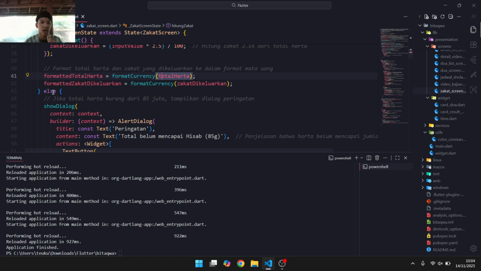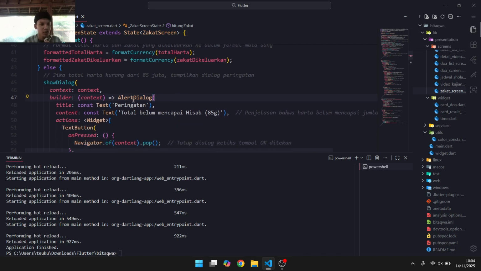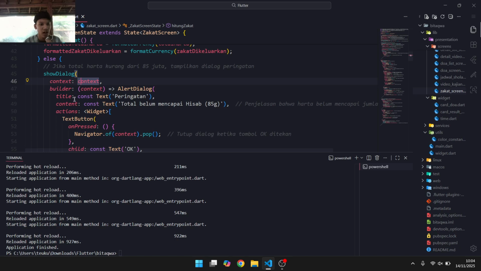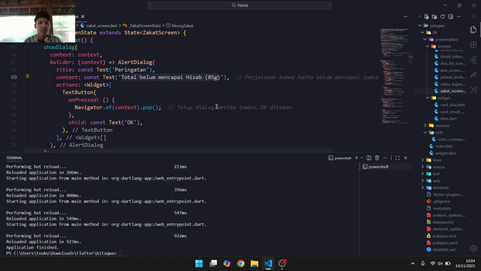But now it's the else chain. So if the money is lower than 85 million, it will show a warning. Here the warning is a context builder title, and then it will have a pop-up, and the text will be "Peringatan," meaning warning, and then "the total hasn't reached 85 grams or million," because